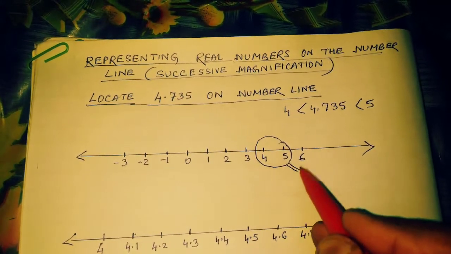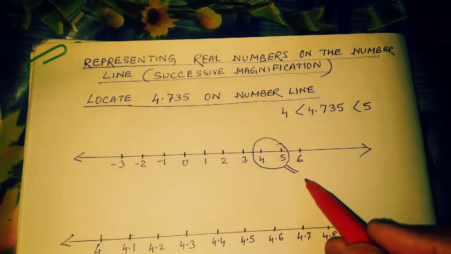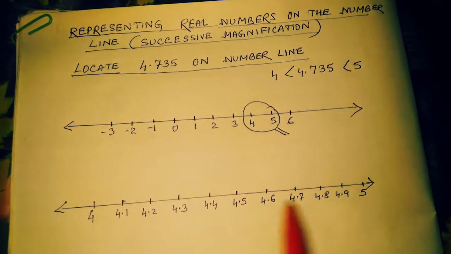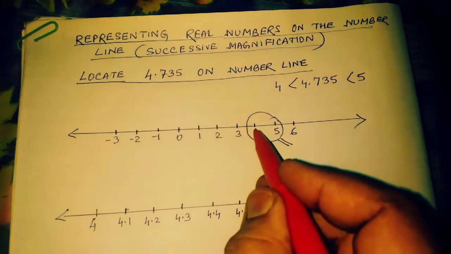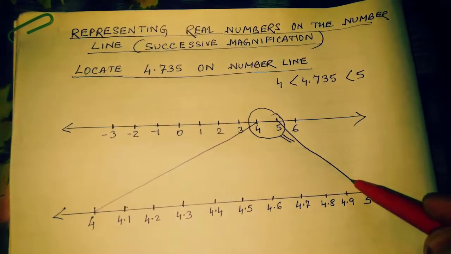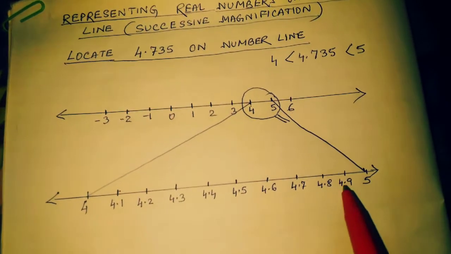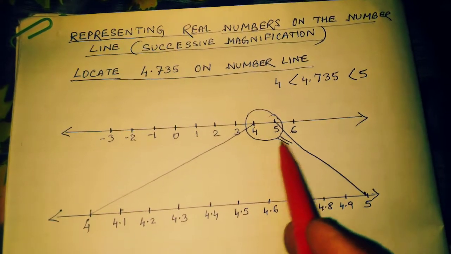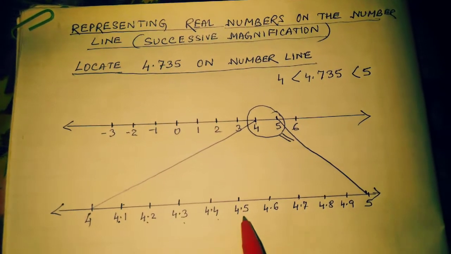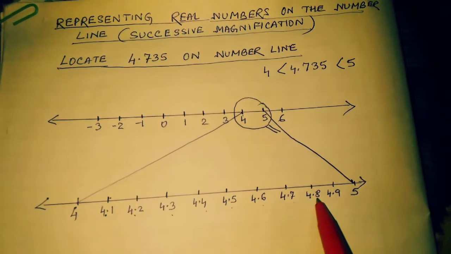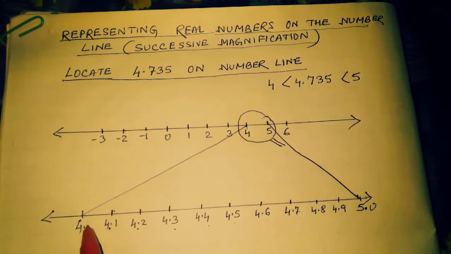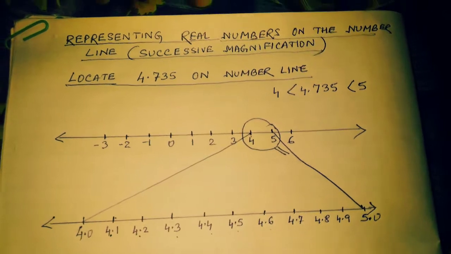By magnifying glass, if we see this, then this number lies between 4 and 5, and between 4 and 5 we know there are 10 divisions. I have written here, this is 4, and this is coming 5. So between 4 and 5 there are 10 divisions. If we look through that magnifying glass, it is saying 4.1, 4.2, 4.3, 4.4, 4.5, 4.6, 4.7, 4.8, 4.9 and 5. 5 can be written 5.0 also, and 4 can be written 4.0 also. Clear, student?